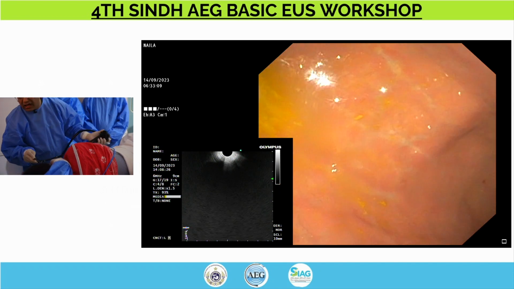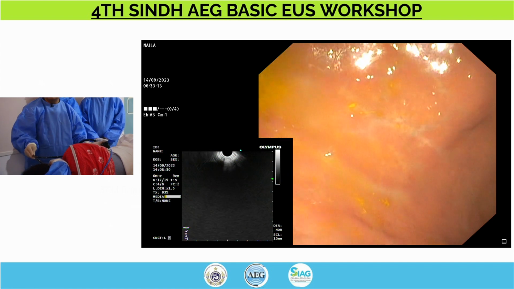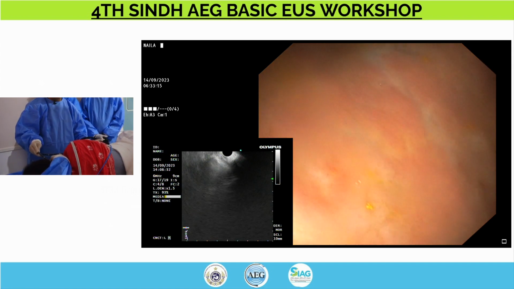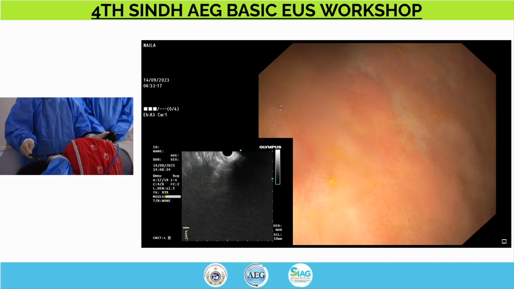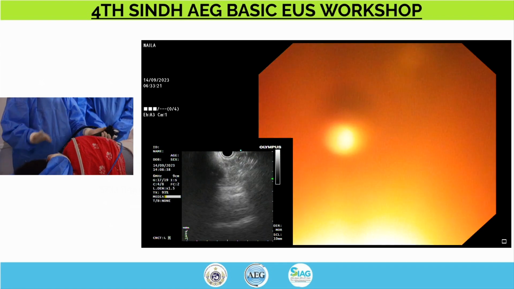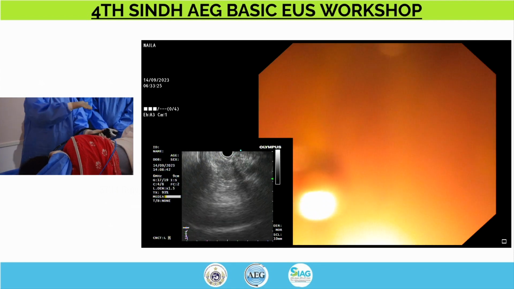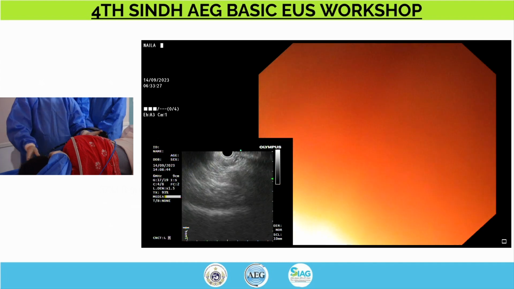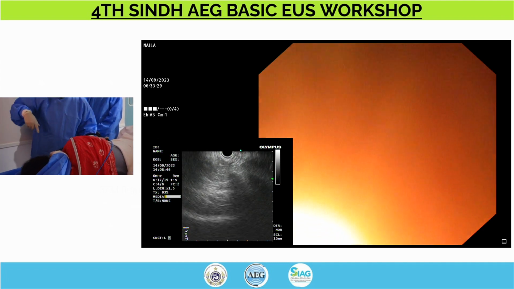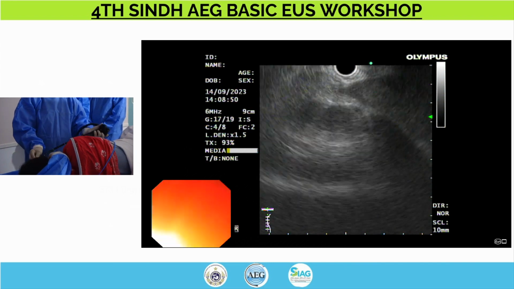I'm at 59 centimeter right now of the scope. I'm going to go towards the opposite wall of the stomach. Once I get there, I will suction all the air out. You saw the scope, which is at, I would say, 180 degree. We're going to make the EUS image bigger. Okay. And then